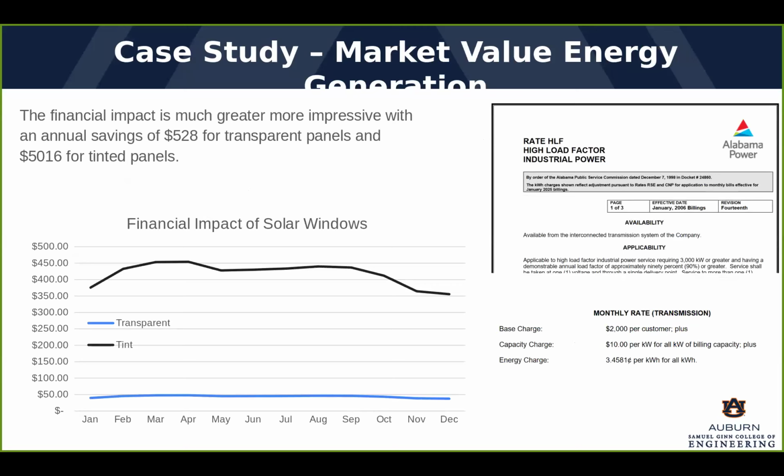So the financial impact of that is based off of the Alabama Power website, where they provide different utility rates based on different sizes of loads, from commercial to residential, everything in between. We just use this. I would imagine that Auburn, being a very large load on their system and being a public university, probably has a special deal that is slightly different than this, maybe slightly more advantageous for Auburn,